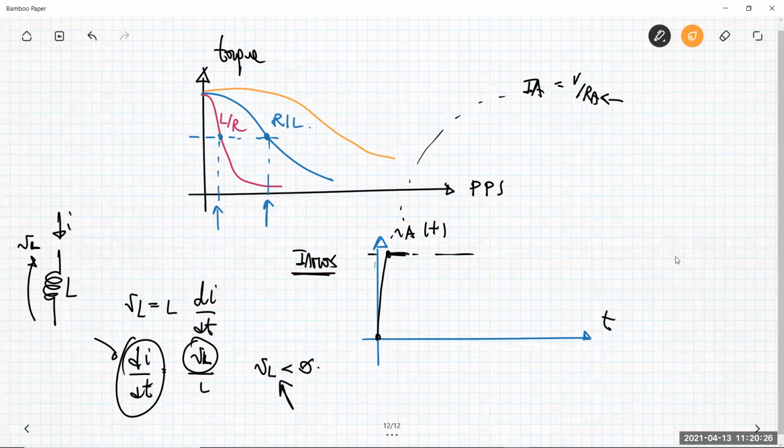The first is to avoid waiting for the current to reach the stationary situation, possibly including a system that, when the current reaches the maximum possible value, does something to maintain the current constant at that value without waiting for all the transient, and so these decouple the voltage V, that can be very large, from the current IA,